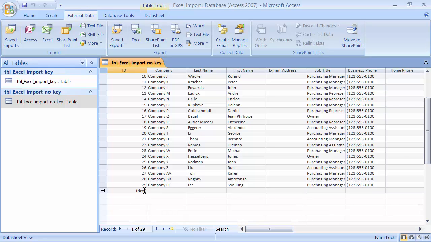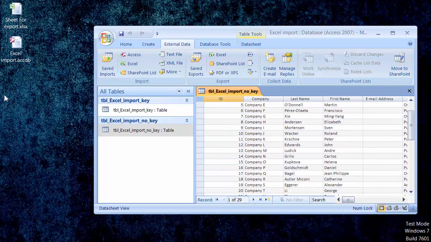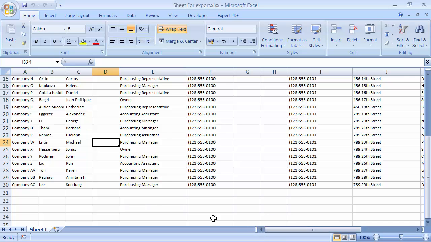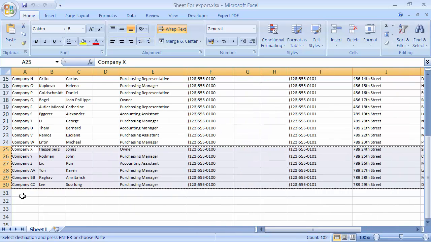Now we're going to copy and paste from that sheet again into this new table, and I'm going to open it and just select a couple of records. It doesn't really matter, it's only by way of demonstration. I'm going to select the last couple here. And remember, this table has got no ID field, and I'm going to demonstrate a problem that can arise if you try and import this into a table which has got an ID field. So we're going to select that,